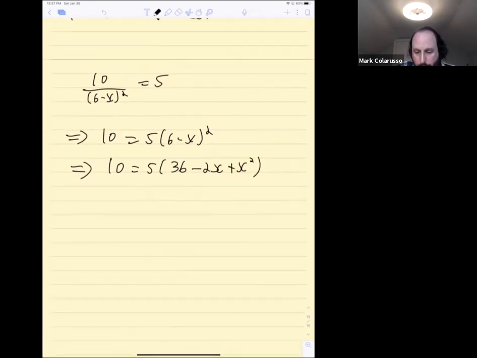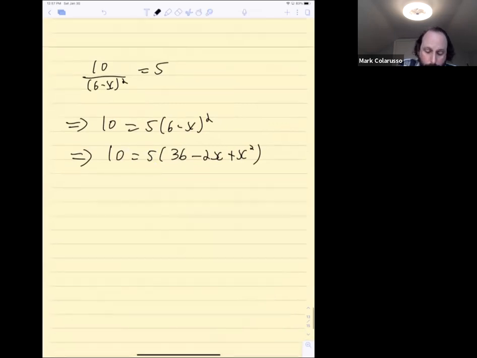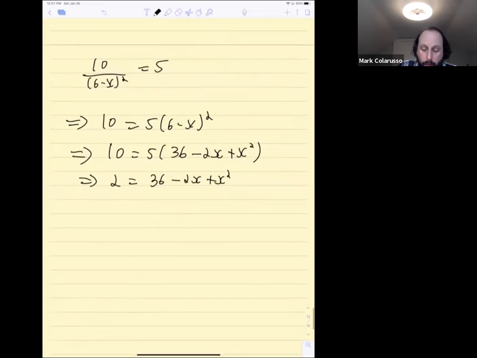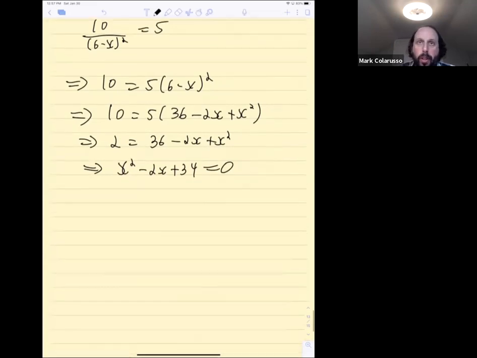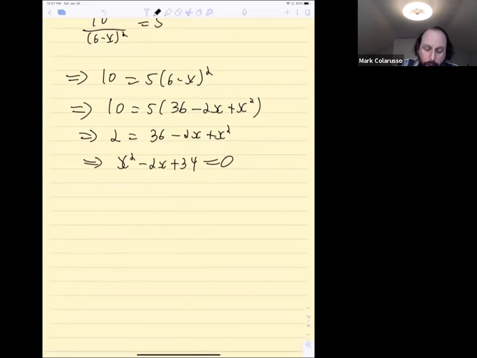And then you can do a little bit of cancellation here, right? Because the 5 can be divided out of both sides of the equation, divide by 5, divide by 5. That'll make the algebra a little nicer. So you get 2 equals 36 minus 2x plus x squared. And then we can get the equation x squared minus 2x plus 34 equals 0. Okay, so this is something that doesn't factor, obviously. It has actually irrational roots. So I will let you fill in the details, but using the quadratic formula,